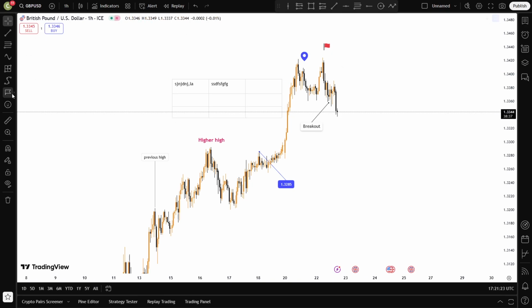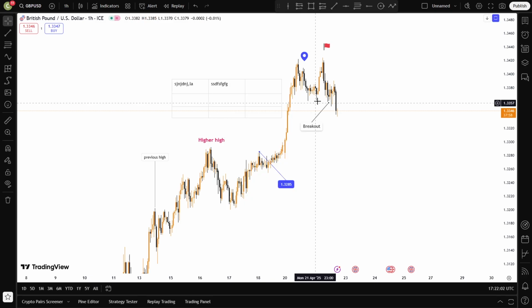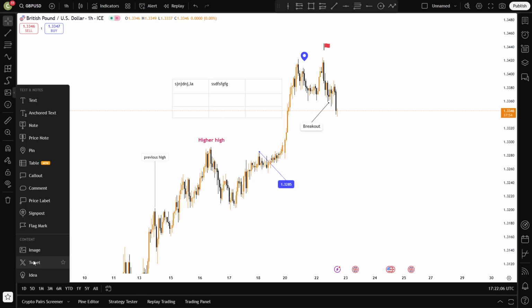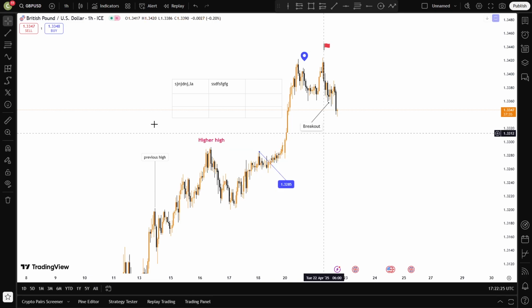Now the next one after the flag is the image. So the image basically allows you to insert an image. So all you have to do is to just click on choose image, and then you can choose any image from your desktop, and that will be inserted into the TradingView. And the next one after the image is the tweet. So this one allows you to insert a link of a tweet, and that will embed the tweet onto the chart. And the next one after the tweet